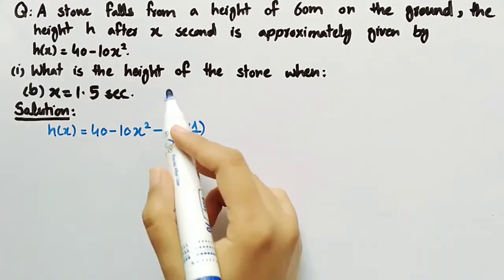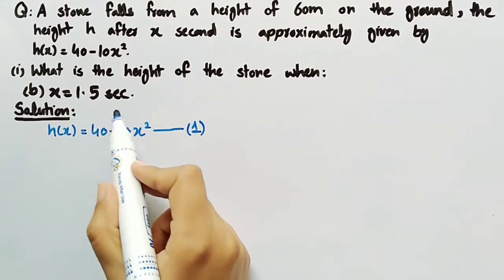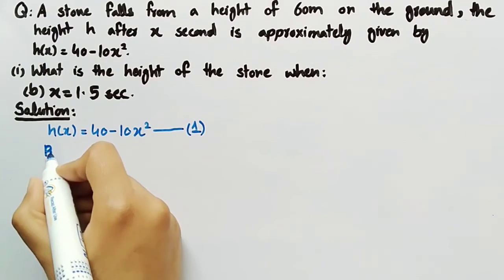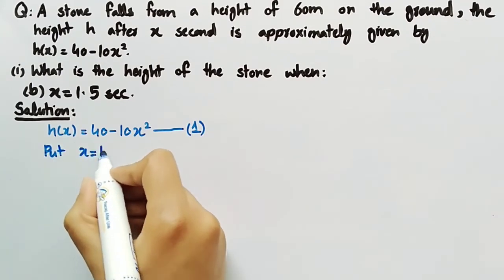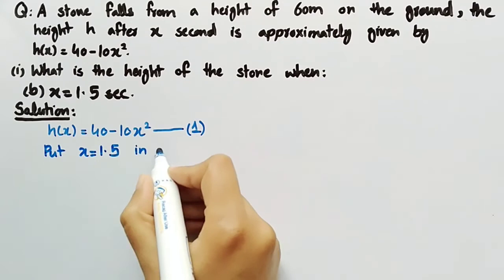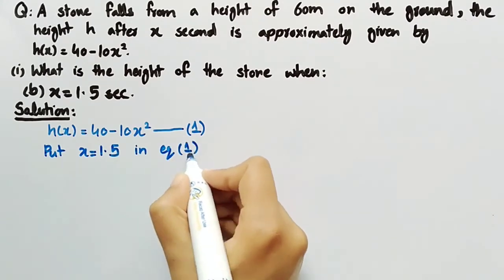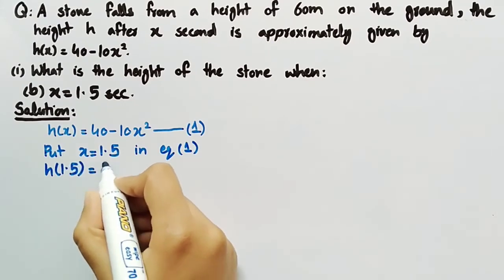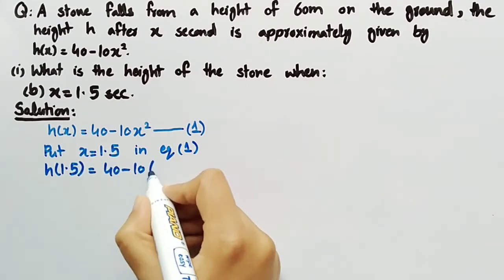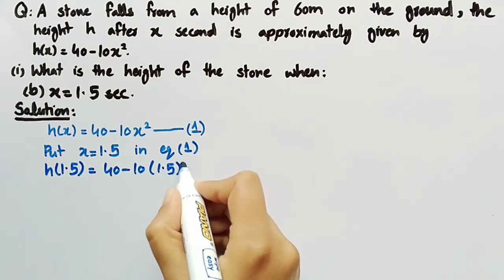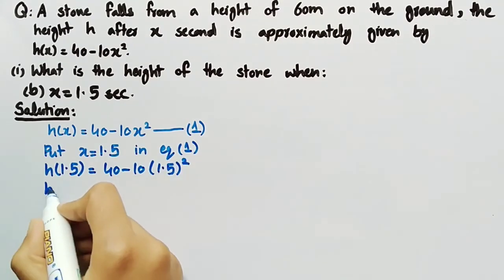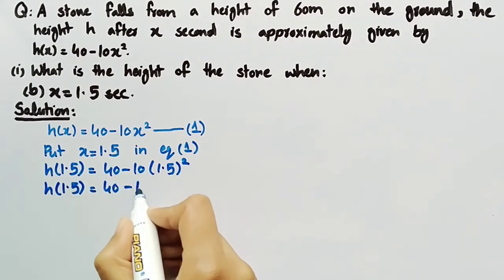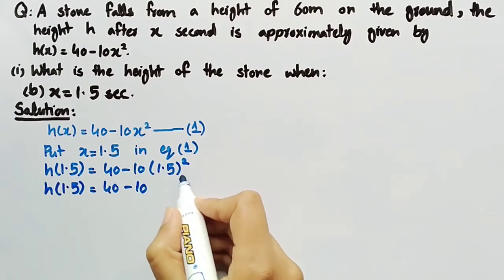Now we will find the height of the stone when x is equal to 1.5 second. Firstly put x = 1.5 in equation 1. We get h(1.5) = 40 - 10 × 1.5². We can also write it as h(1.5) = 40 - 10 × 1.5², where 1.5² is equal to